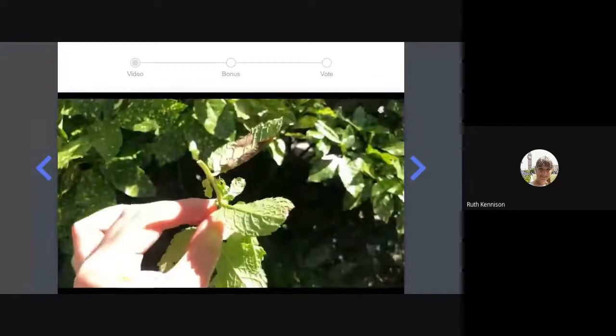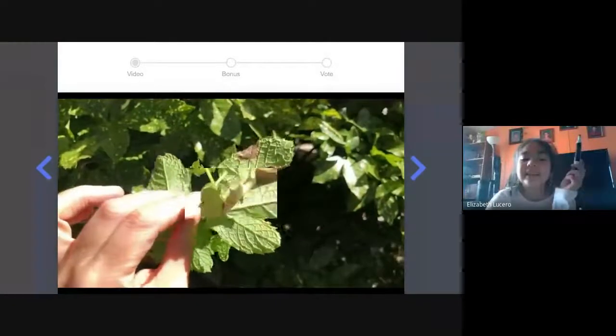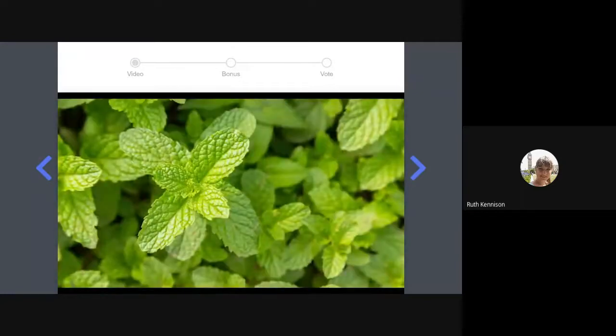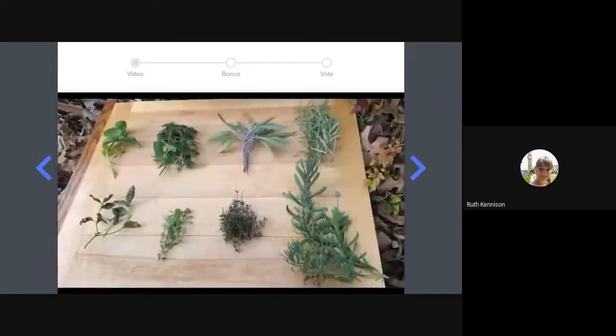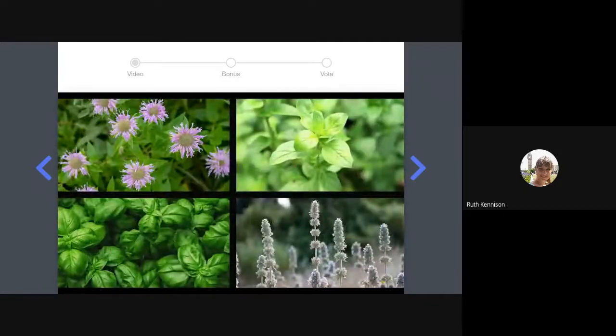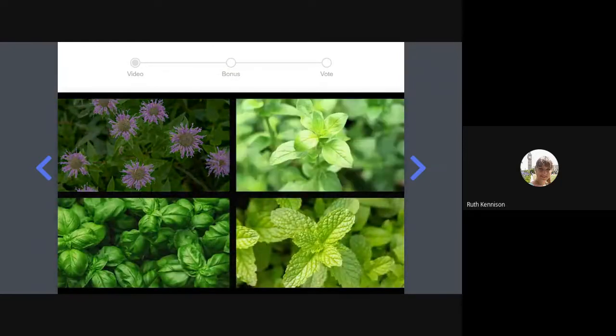Do you notice the stem? It's got a square shape, not a round shape like most other plants. That's because peppermint is part of the mint family, and almost all of the members of the mint family have square-shaped stems. The cool thing about plants in the mint family, plants like peppermint, basil, and oregano, is that